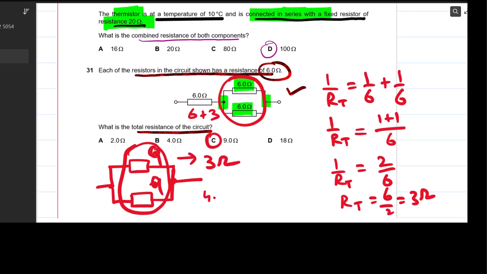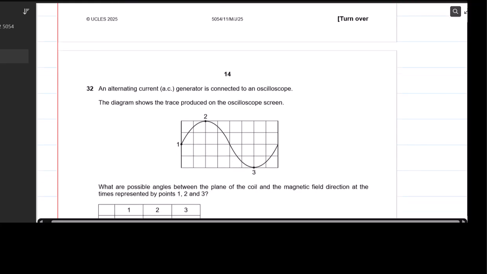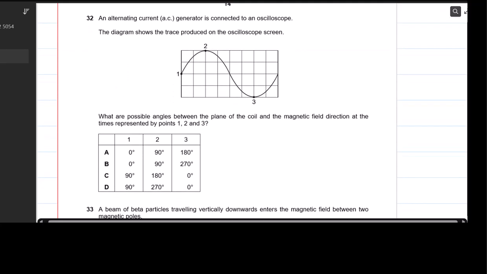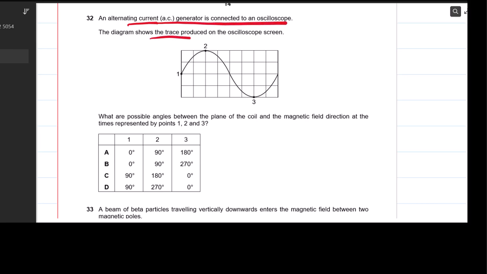Anyhow, it is C option. You can calculate by this way as well. Question 32. An alternating current AC generator is connected to an oscilloscope. The diagram shows the trace produced on the oscilloscope screen. This is the trace. What are possible angles between the